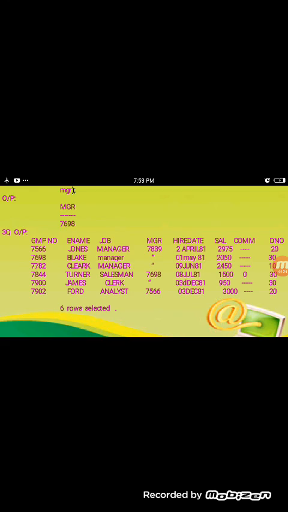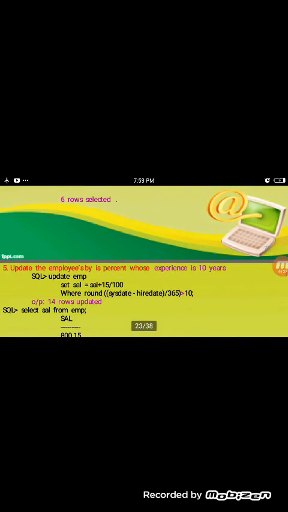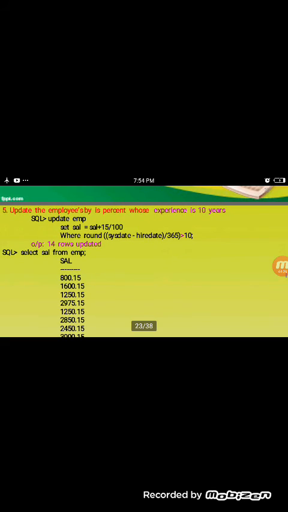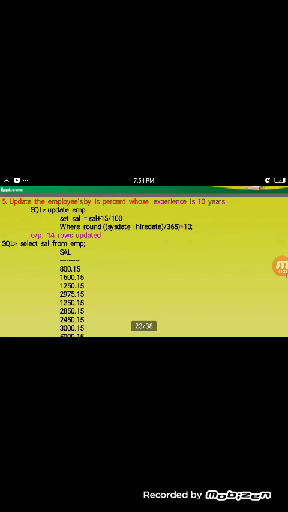Update the employees' salary by 15 percent whose experience is more than 10 years. Update employee set salary equals salary plus 15 by 100 where round of system date minus hire date by 365 is greater than 10. By using this command the output will be 14 rows updated.